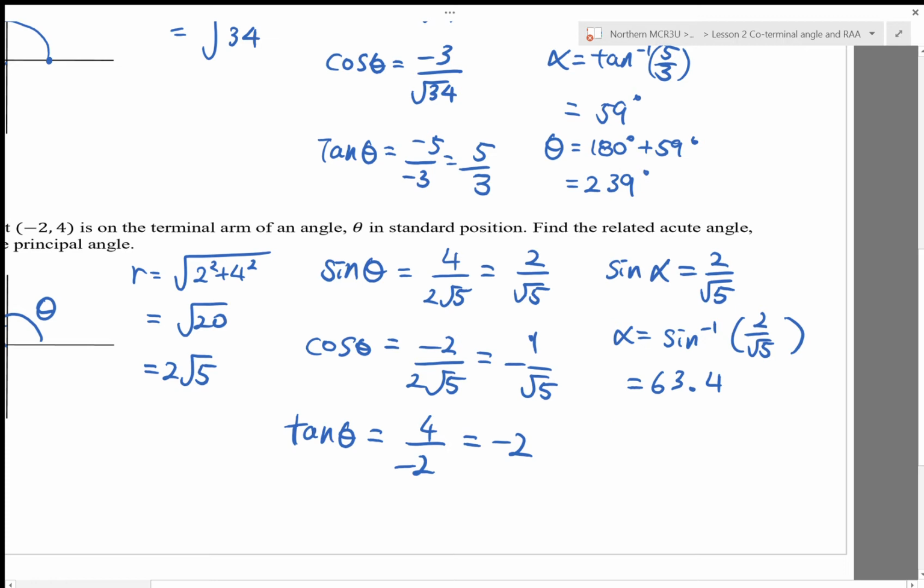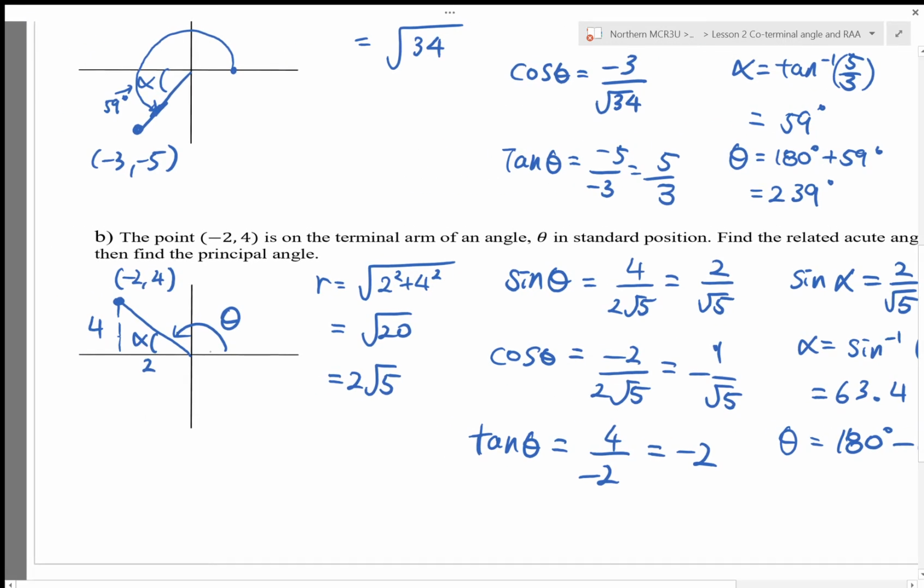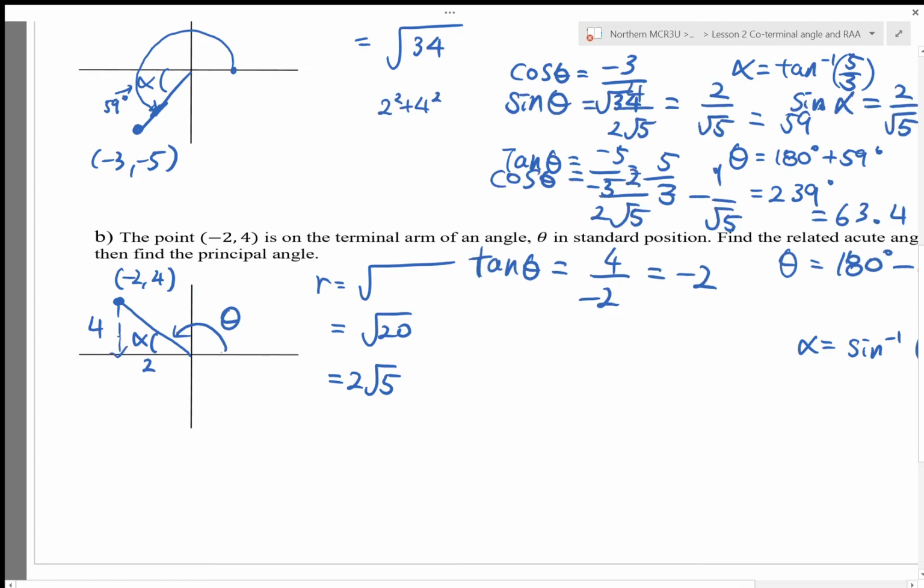So your related acute angle, the reference angle, is 63.4 degrees, whereas your principal angle will be 180 degrees minus 63.4, because the whole thing over here is 180, but theta is actually